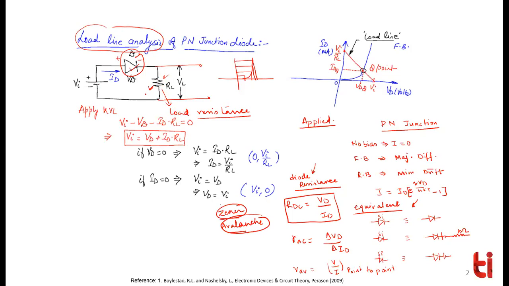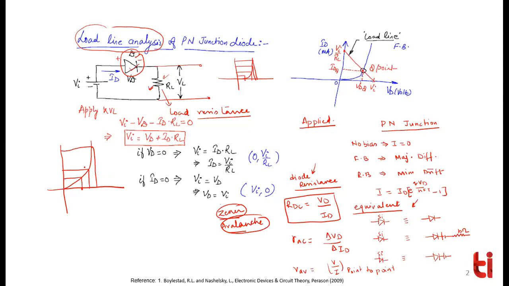Okay. What is the meaning of load line analysis? So now let's say this is the characteristic of the diode. Understand this very carefully. Let's say this is the characteristic of the diode. What does it mean? It means that the diode can have this much voltage and this much current. Diode can have this much of voltage and this much of current. So many points are over there on this graph. Infinite points are there on this graph.